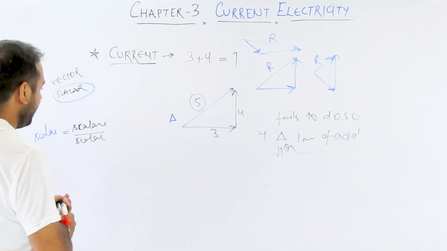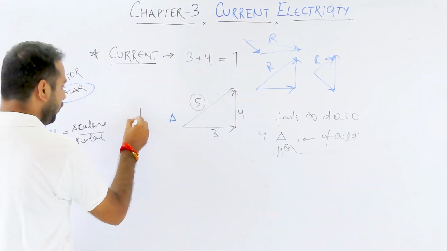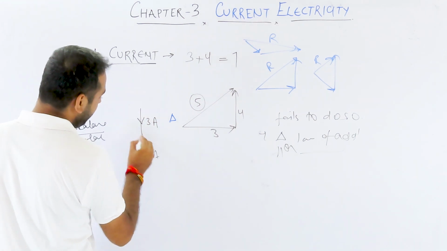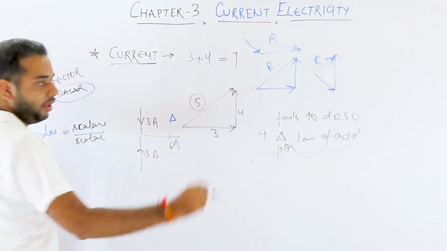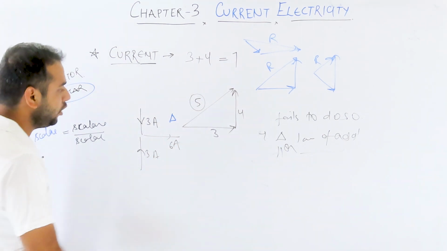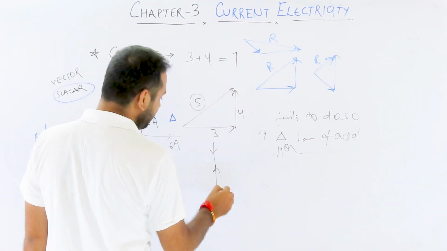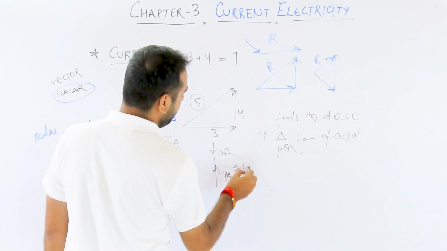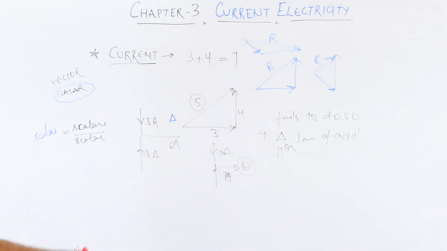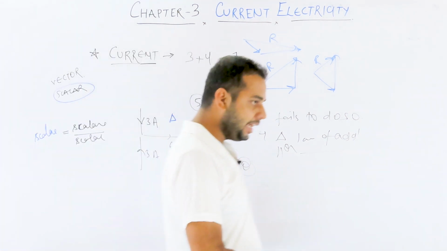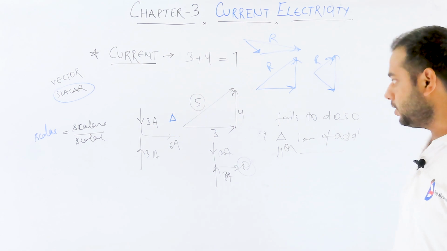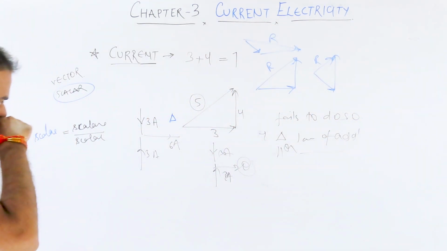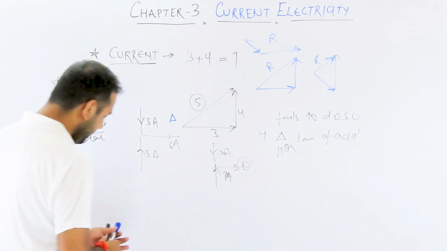So in case of current, if 3 ampere of current is coming from this side and 3 ampere of current is coming from this side and they are going like this, it is 6 ampere. But if current were a vector quantity and 3 ampere of current is coming from this side and 3 ampere from this side, then it would turn out to be 0. But it is not a vector quantity, it is a scalar quantity. It is simply the rate of flow of charge. Rate of flow of charge means dq by dt.